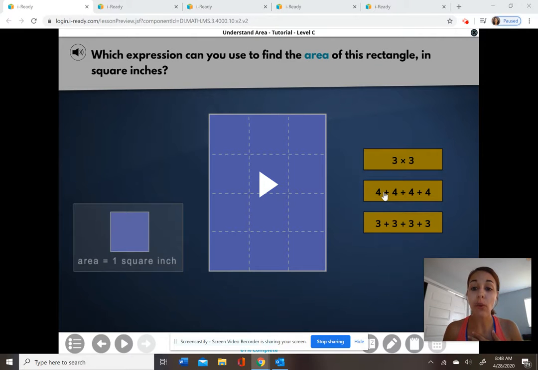And 4 fours is too many because I have a 4 here, a set of 4 here, a set of 4 here, but I do not have a 4th set of 4. So in this case, this would be the repeated addition correct answer. So really make sure that you are looking at each possibility. 3 times 3 would just be, let me